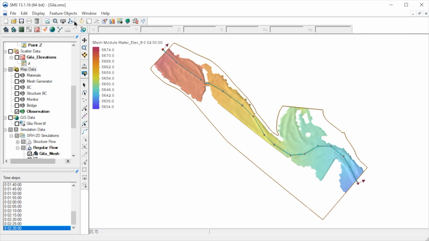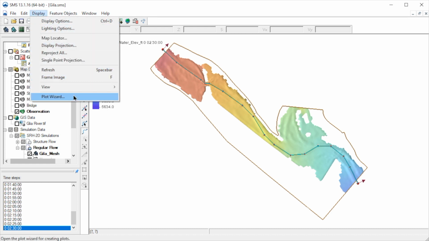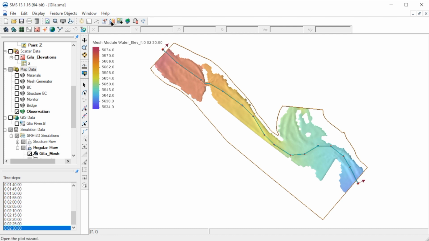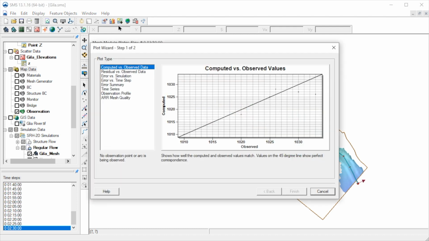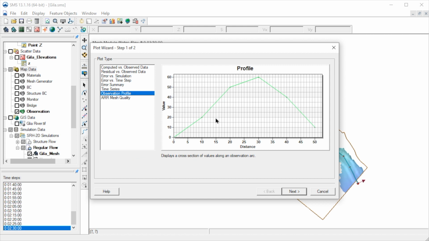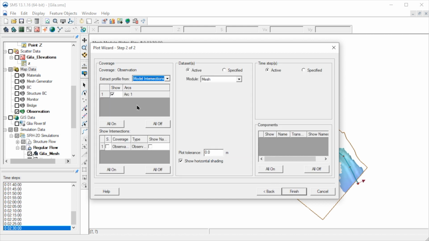Now we can create an observation profile plot using the Plot Wizard. We select Display, Plot Wizard, or simply click on the Plot Wizard macro. In this window, we select Observation Profiles as the plot type. Next, we select the arcs we want to plot. In this case, there is just one arc.